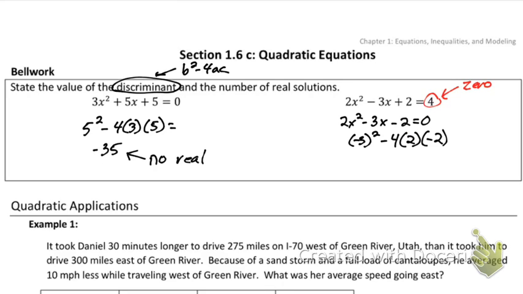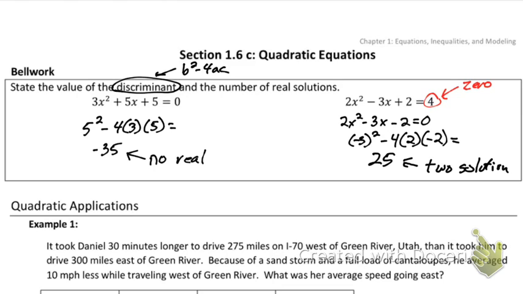Right there, I already know that there's 2 possible answers. Because this is going to be a positive, this is going to be a positive, so we already know at least the answer is going to be 2 real solutions. Boiling this down, we're going to come out to a positive 25. It's going to be a positive 25, which is going to be 2 solutions, which a shocking number of people in this class did not get correct,